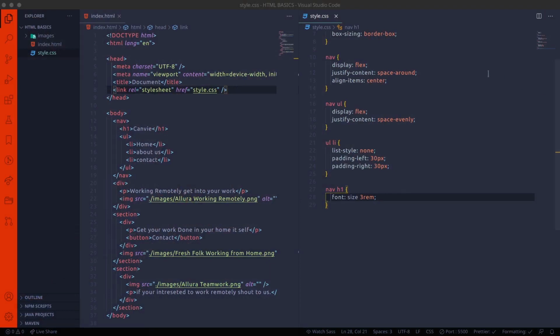Font size 3 rem. So why is it not happening? I made a typo error here. So font size, and now I'm saving.